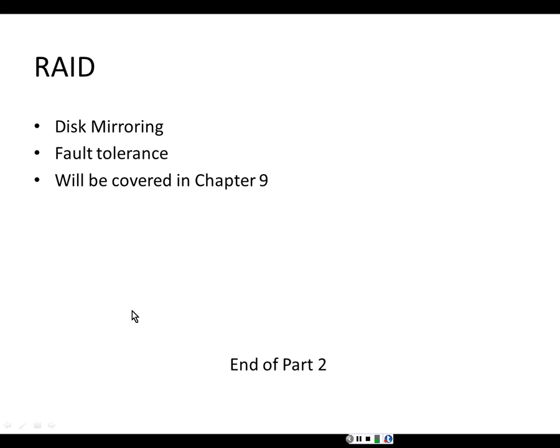Now, RAID, which stands for Redundant Array of Inexpensive Disk Drives, is another form of fault tolerance. It's also called disk mirroring, but we will cover RAID in Chapter 9. And this covers the end of Part